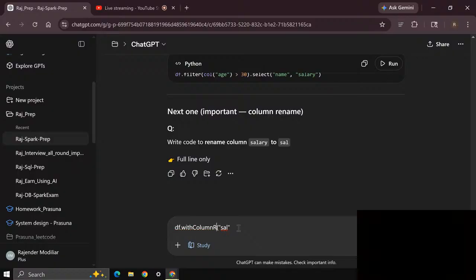I think with column rename, column name and actual column name salary. Okay, I think this will work with the column rename function.